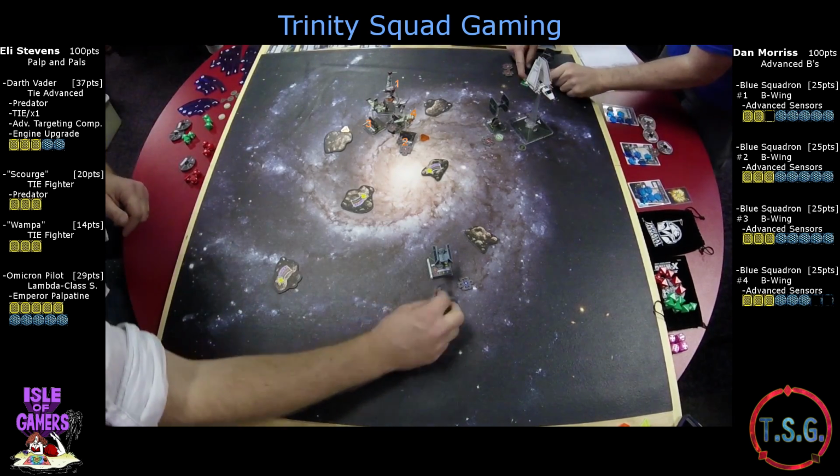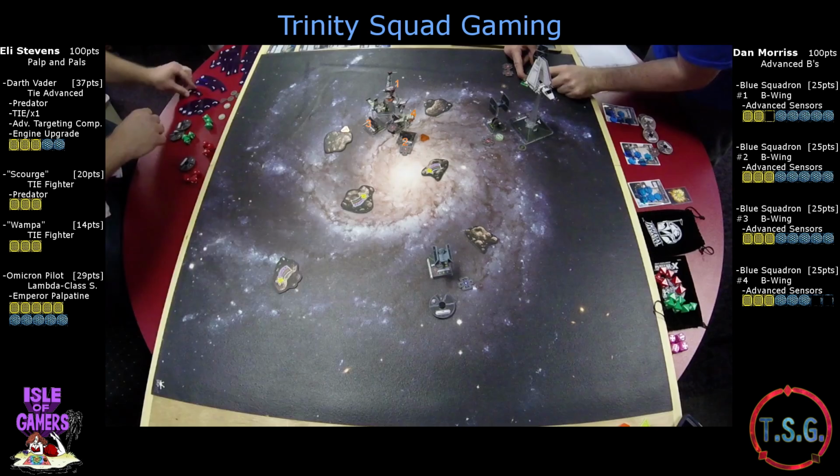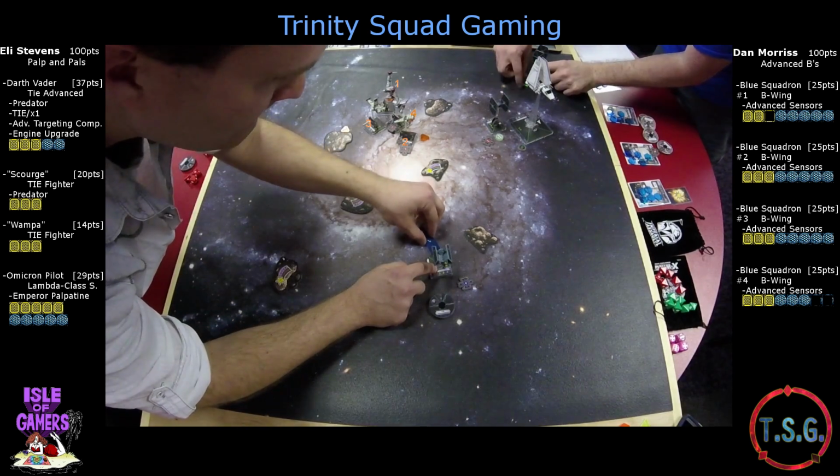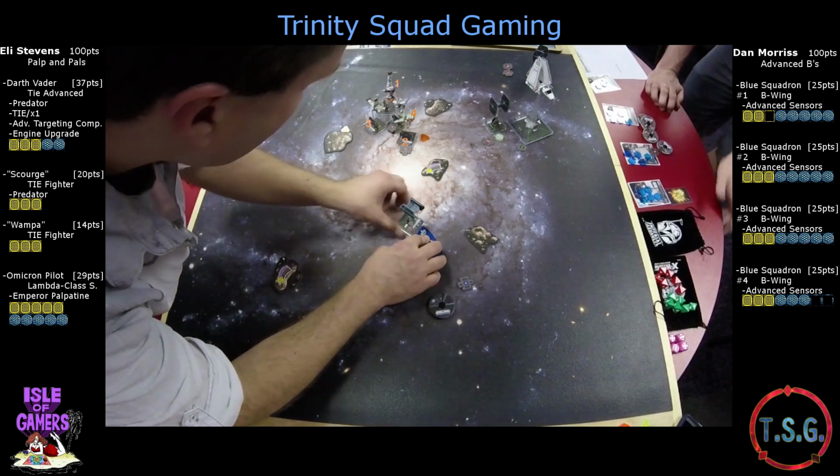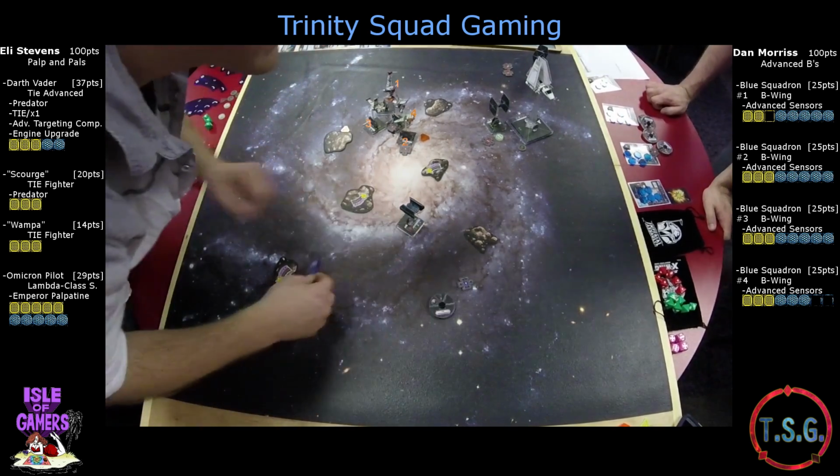And so he barrel rolls, to try to get out of range 3. It's either that or evade. And then you've got Vader with a 1 slight. Vader's going slow again, because I could have easily turned to the left there